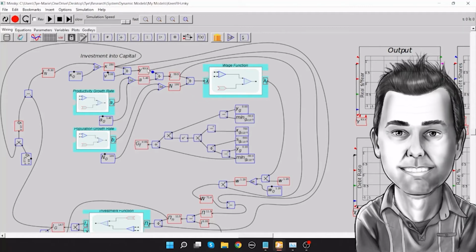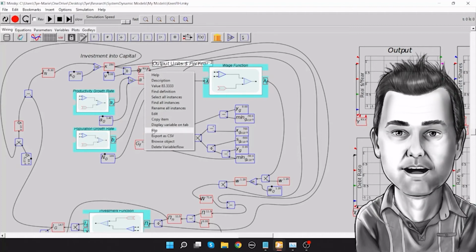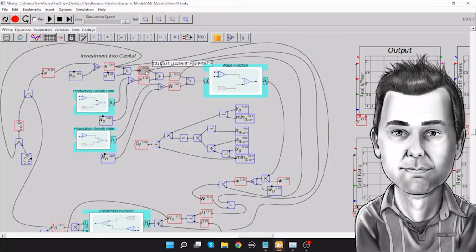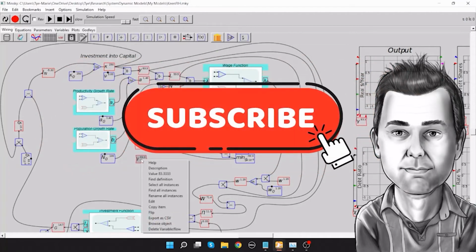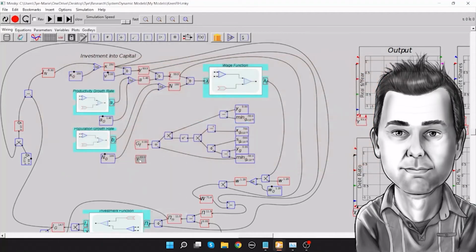We'll wire it together. We're going to need a copy of output, which we're using Y, or in the Greek letter Y, which is gamma. I'm going to copy that. Copy selection, paste selection. We will need that in a bit. We'll flip it. We're going to create an input. So we'll call this G underscore I, for government input. We're going to wire that